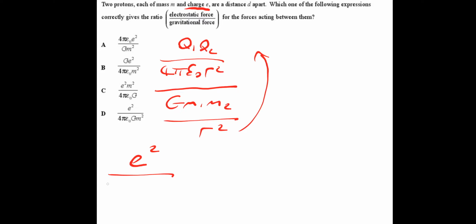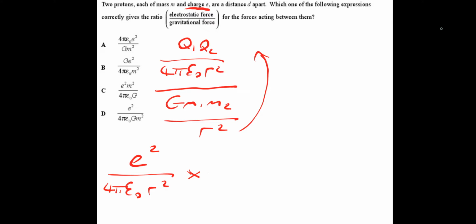And we're going to divide by the gravitational force, and the gravitational force is G M1 M2 over R squared. Then what we can do is flip this and bring the R squared up to the top, and then we'll change the letters. So Q1, Q2, we can call that E because it's charge E. So that E times E would be E squared divided by 4 pi epsilon naught R squared